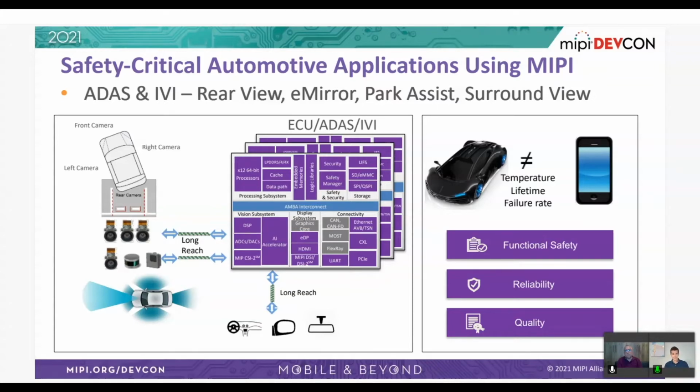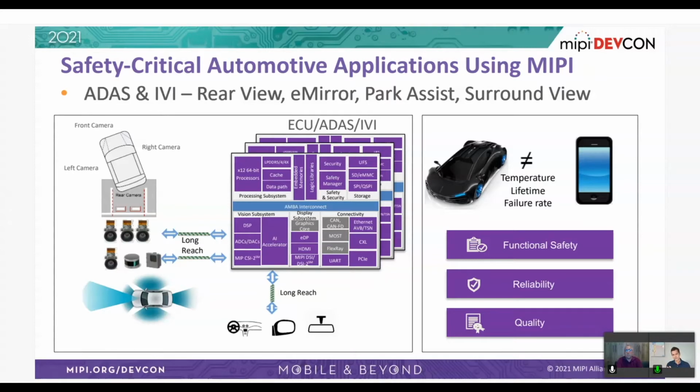As you can see here, obviously these chips are not placed right next to the sensors, right? So there's a need to use a long reach technology to bring the data into the SoC. And that's actually what Ido will talk about soon, with his use case from Valens. On the display side, the same thing happens. DSI displays are being used in the car for some displays inside the cluster, or for the e-mirror, or for the rear view. So again, there's a need for long reach connectivity in order to connect the SoC to these devices, to these peripherals.